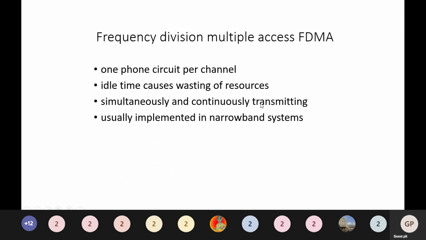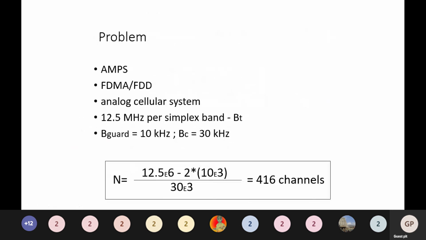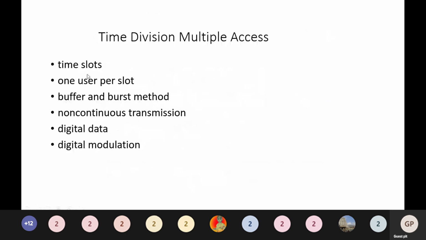Whereas a TDMA system is almost entirely digital, so the interference is highly reduced in a digital system and you can have improved performance. Noise addition is also very low since the data is digital or discrete.